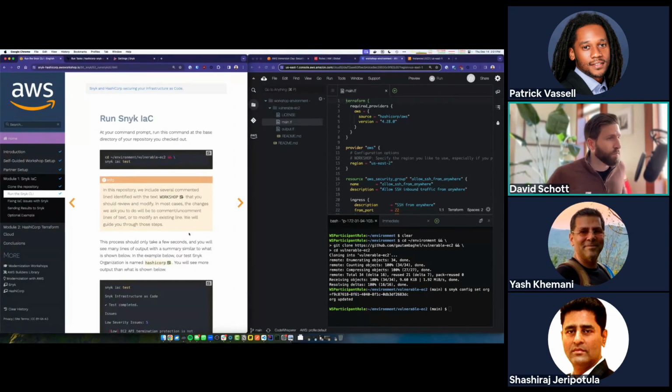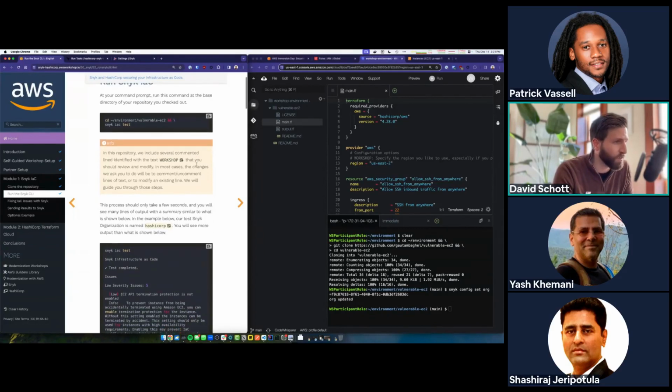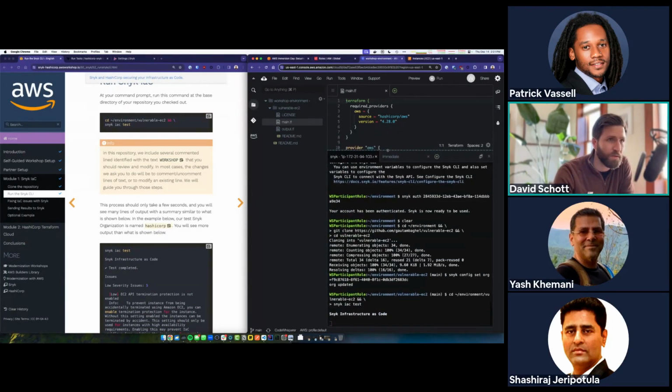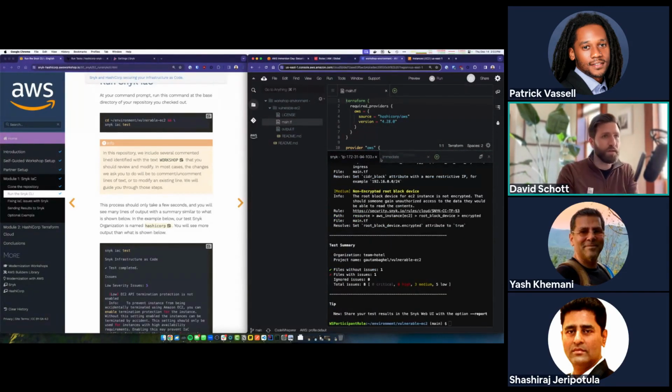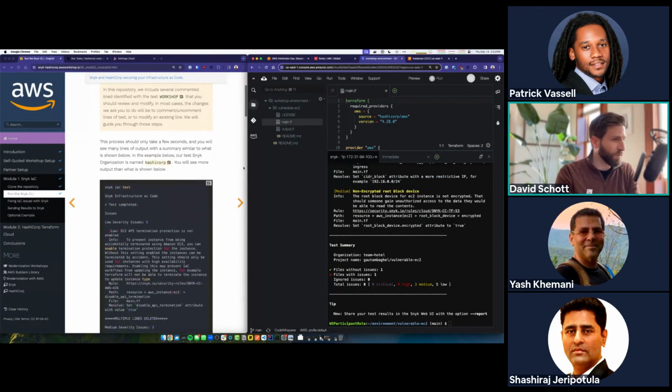So we've got some Terraform code in our Cloud9 workspace right now. And before we deploy it, it's a very good idea to run Snyk infrastructure as code. Let's take a look at this Terraform and see if there are any security issues. And we're going to use Snyk to do that. So we can copy paste to run this Snyk IAC test command and go ahead and make your terminal a little bigger. We're not going to be changing any Terraform code yet, but let's go ahead and make this bigger to take a look at some of the results that came out of Snyk.